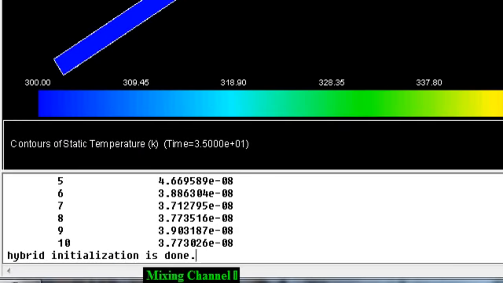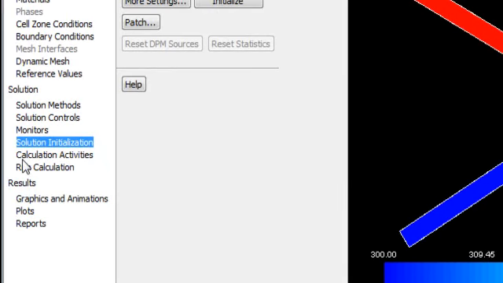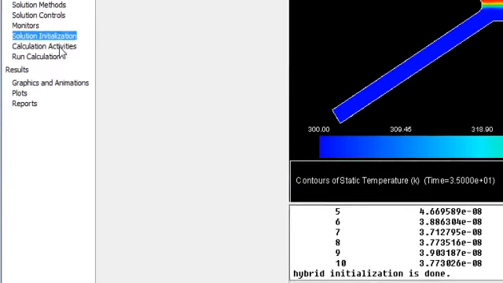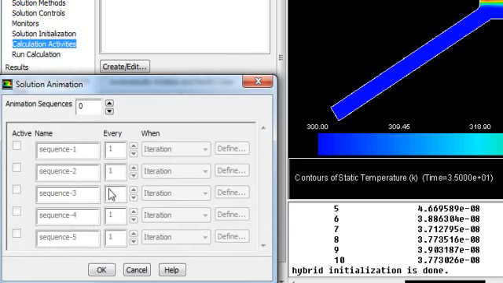So your solution will be initialized, and then go to this option, calculation activities. In our previous problem we never talked about this option, but today we will discuss a little bit about this solution activities. Here in the bottom you can see solution animation. So go to create and animation sequence, select this and the name of your animation, let's say temperature,